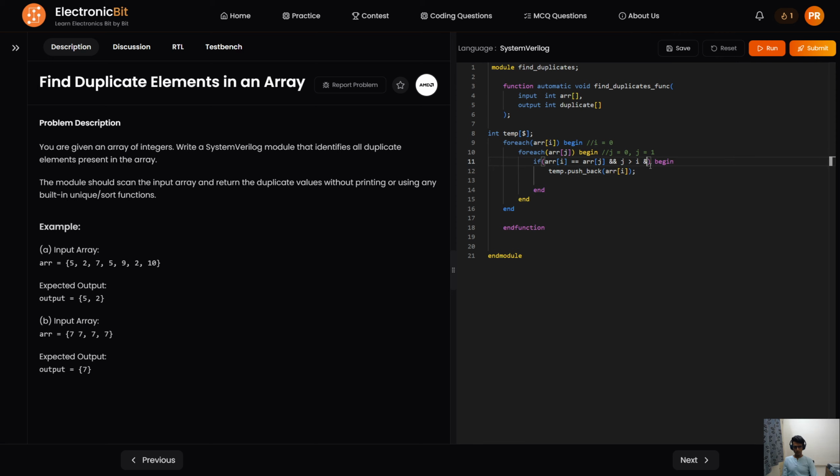Let's see, there are two scenarios given to us. If, let's say, you have multiple 7s, then it should only pick one 7, not like many 7s printed in the output. So you need to make sure that even if there is more than one same entry in the input array, the output array should contain exactly one entry of that repeated element. So here, what we can do for that is,